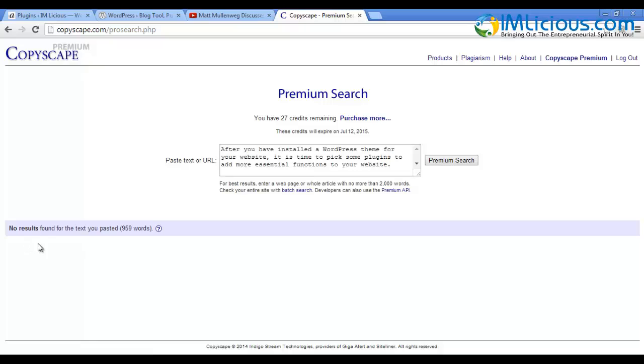So you'll see that no results found for the text we pasted, 959 words in total. That means that there's no duplicate content on my article, and this is fantastic because Google dislikes duplicate content. So every article that you publish on your website, you want to make sure that it is completely unique. Okay, after you have verified that your article is completely unique, the next thing is to publish your article